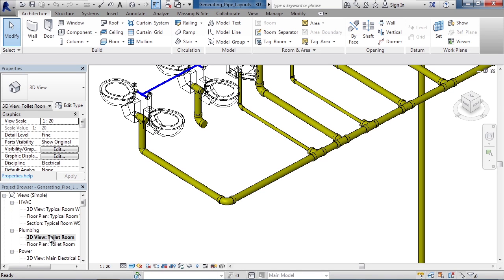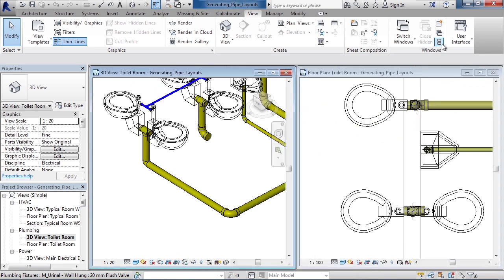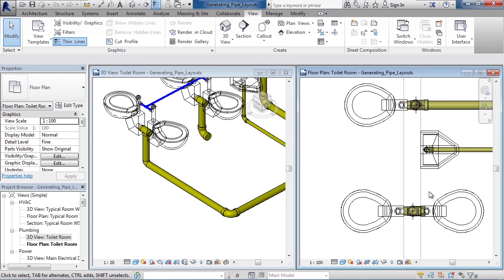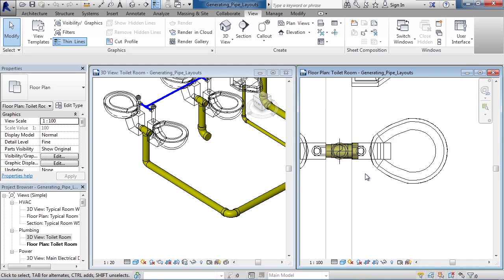Now at this point we have two views that were open, the plan view and the 3D view. Some people like to work with multiple views. It's called tiling. If you want to tile your screen right now, go to the View tab, then all the way to the right in the Windows panel, click Tile Windows. This will tile the open windows. I only had two, so it just tiled two, but if I had four, it would tile four. Now I'm going to work mostly in the 2D plan view, and I'm going to zoom in around the fittings